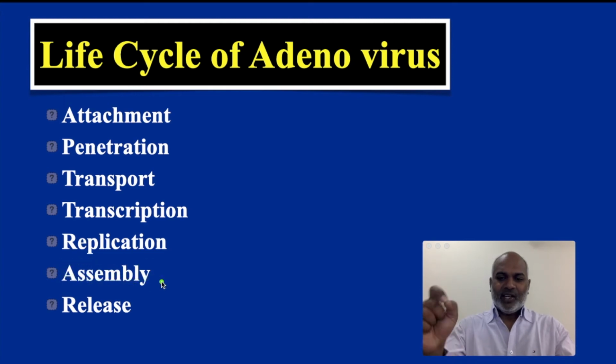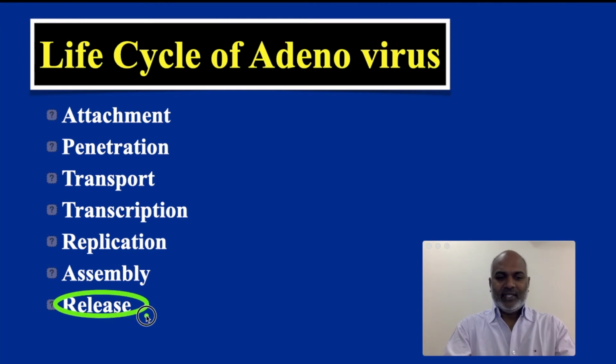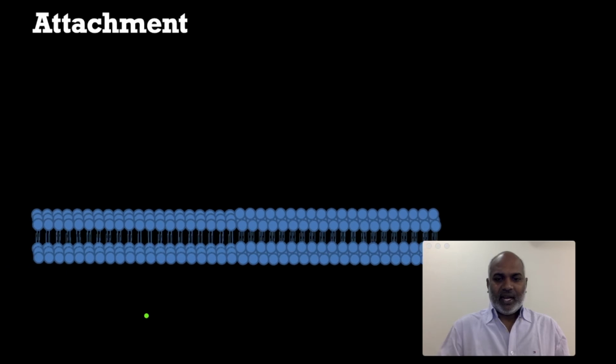The assembly occurs inside the nucleus. Then after that, it will come out from the nucleus and reach the cytoplasm. From that, it will come out outside the cell. So that is known as release. First one is attachment. Our adenovirus,